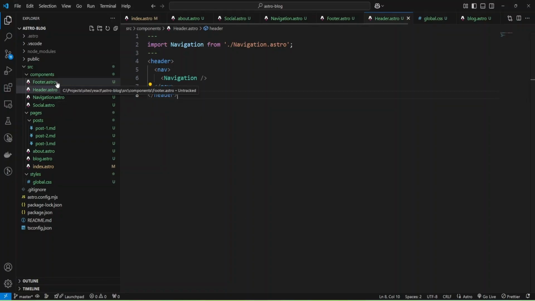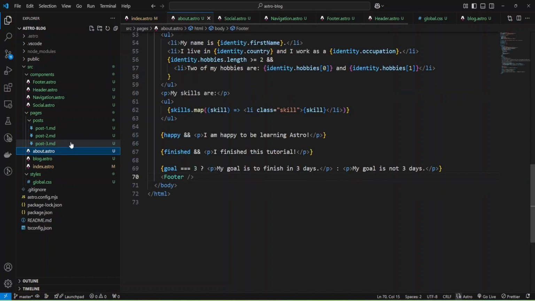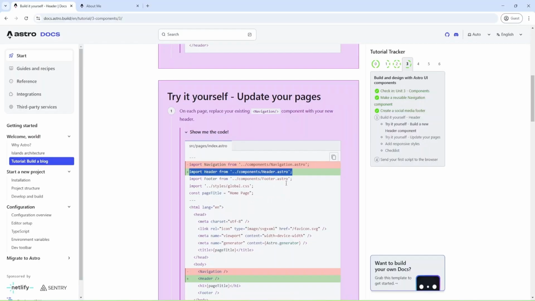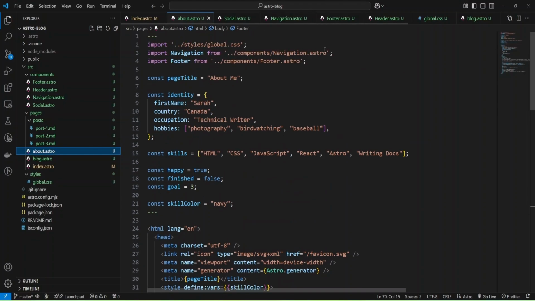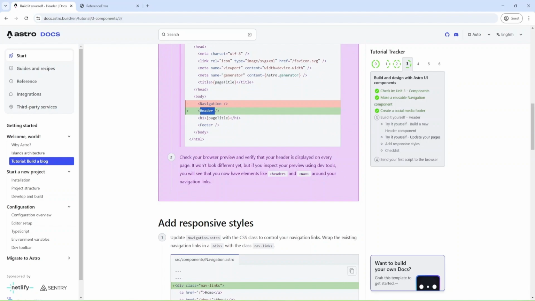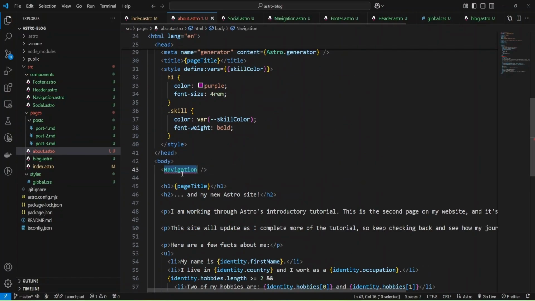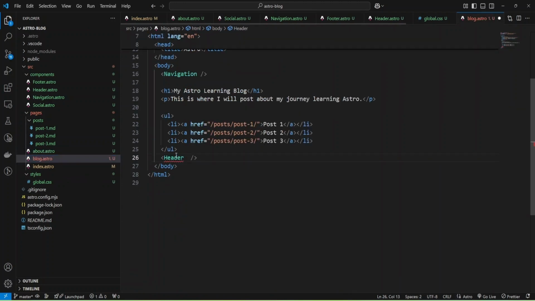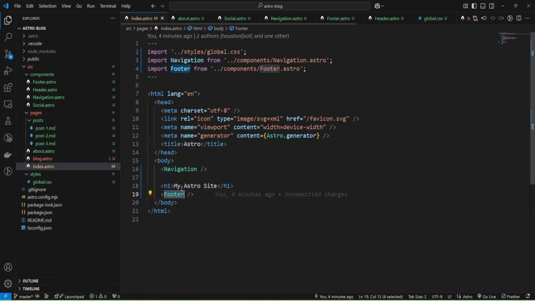I believe this code, and also here. Okay, change navigation to header, and also here. Okay, and also here and here.